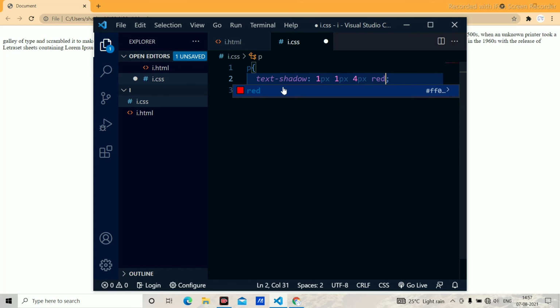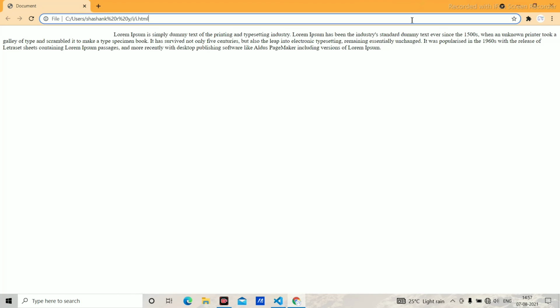I just mentioned red, and I will save it, and I will just refresh the site. As you can have a look at here, because I have given the text shadow as red, it's showing the text shadow in red color. This is how we give the text shadow.